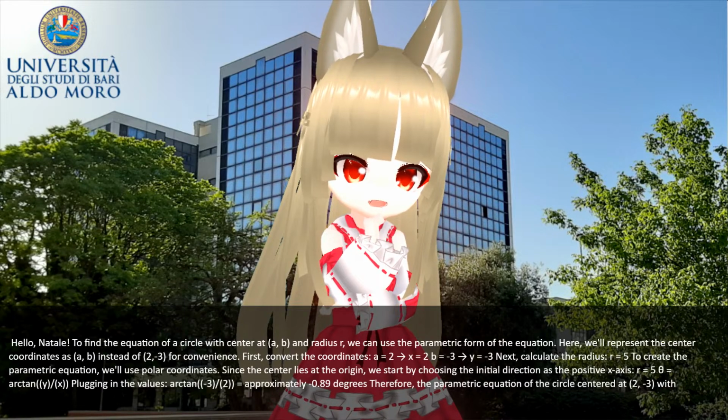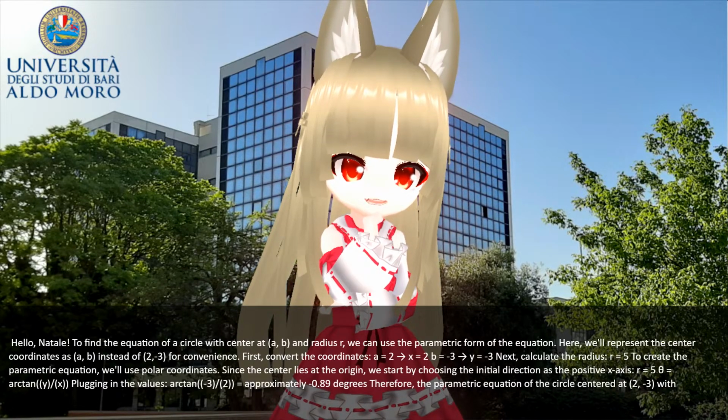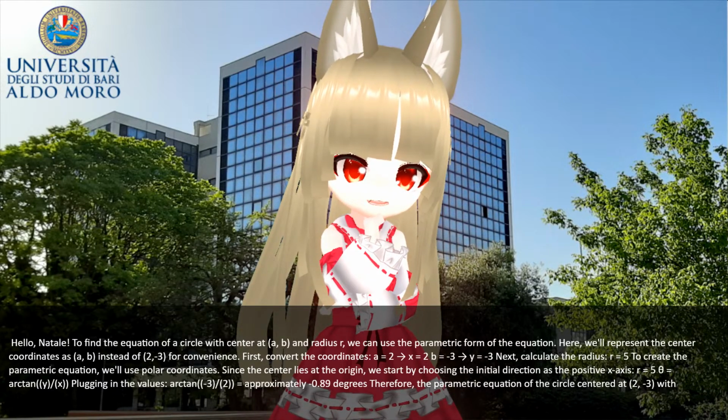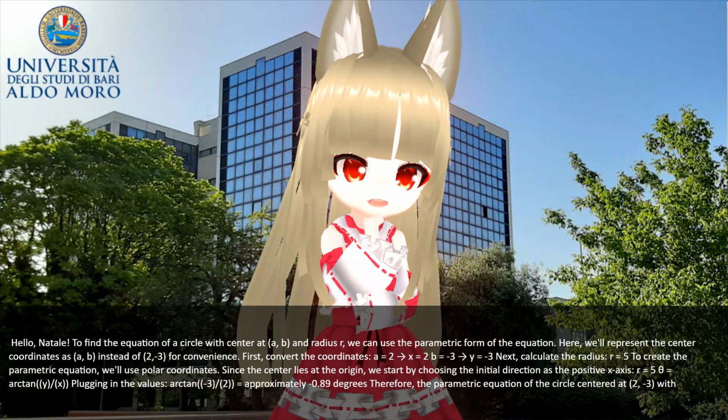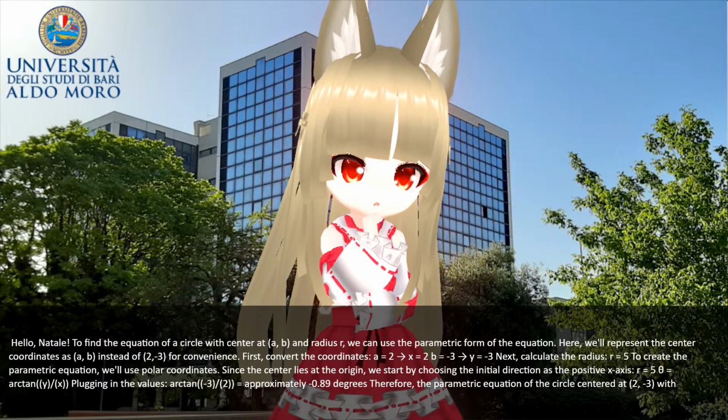Since the center lies at the origin, we start by choosing the initial direction as the positive x-axis. Arctan plugging in the values. Arctan 3 is approximately -0.89 degrees. Therefore, the parametric equation of the circle centered at 2, -3 with